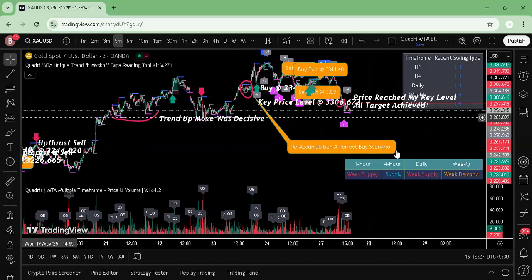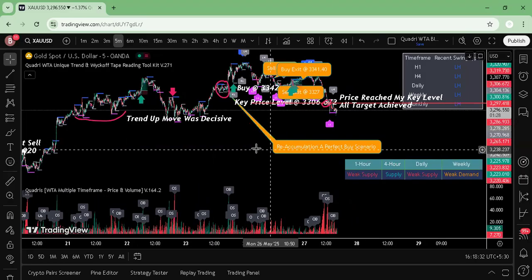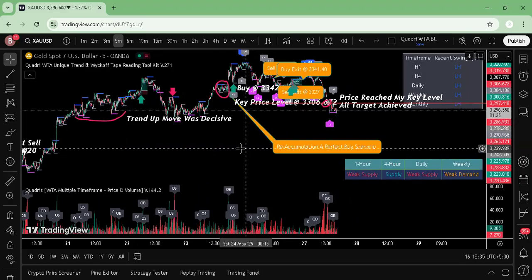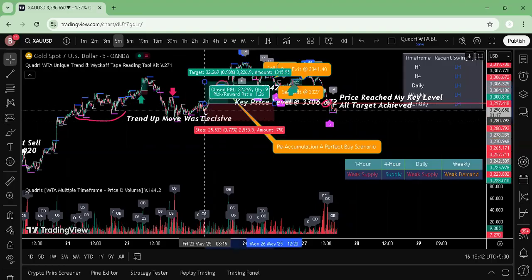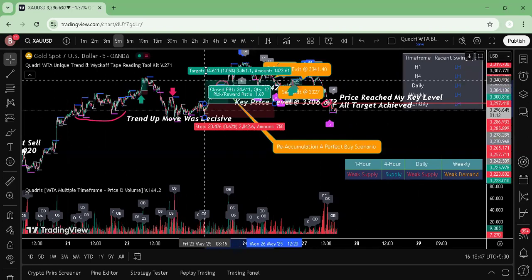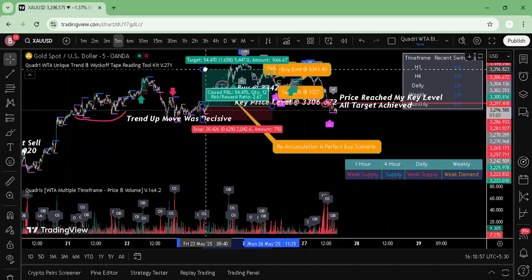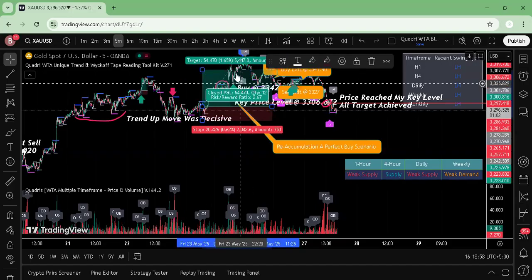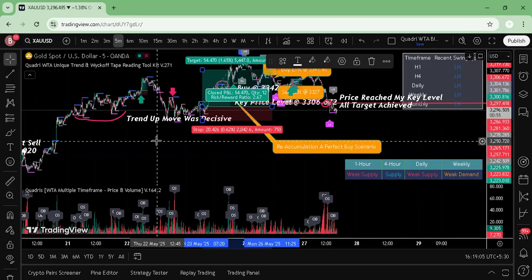I'm cherry picking trades based on my risk to reward, based on my account size, and based on my profit appetite. But you can make it as per your own risk. If you're risking at this particular point, what is your risk? It is 1.7, 1 point. Risk to reward is 3. And you can keep on increasing based on how price is reacting and how price is respecting. Based on your risk, you can define your targets either way, for sell or for buy.